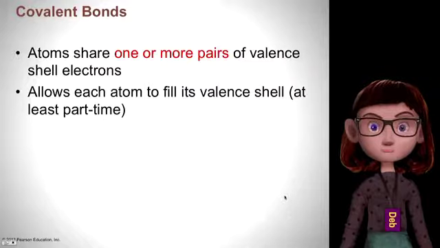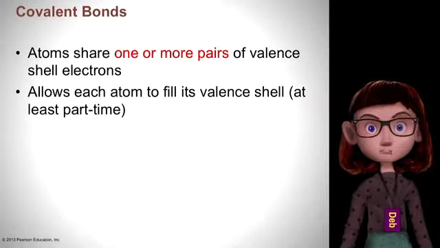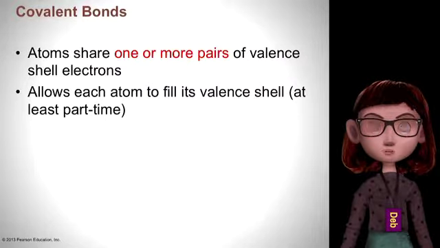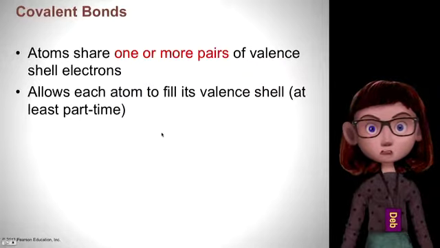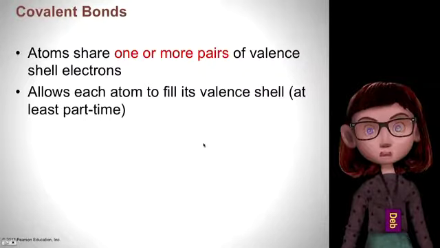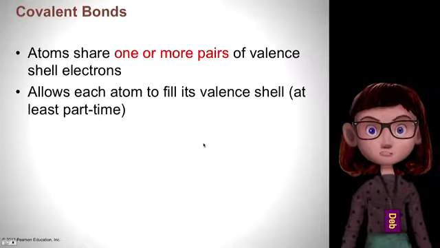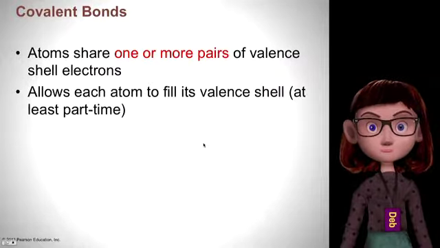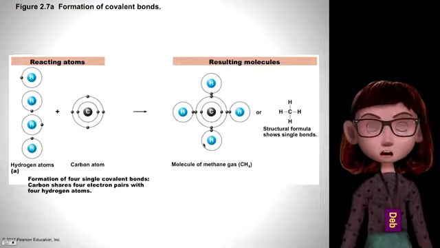Okay, covalent bonds. When atoms share one or more pairs of valence shell electrons, this is called a covalent bond. They are sharing. This allows each atom to fill its valence shell at least part of the time. Keep in mind, electrons are very quick. They're often spinning around various atomic nuclei, and they are hard to get a handle on. So we're going to take a look at the formation of some covalent bonds right here. In figure